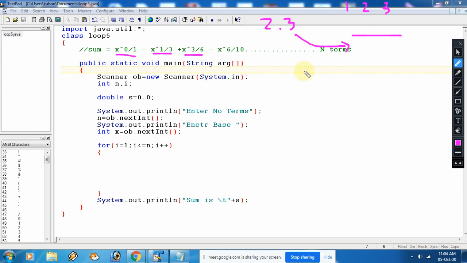See, so both the terms, the first term is starting from 0 in the numerator, the power, and in the denominator is starting from 1. That means we need to take two separate variables for generating the series. Don't think in a single variable we can do that, because if you are doing in a single term, you are going to face problem. And the plus minus, that particular thing I will discuss after 2 minutes. So now see, first of all, the program I have mentioned, we will take some variables.